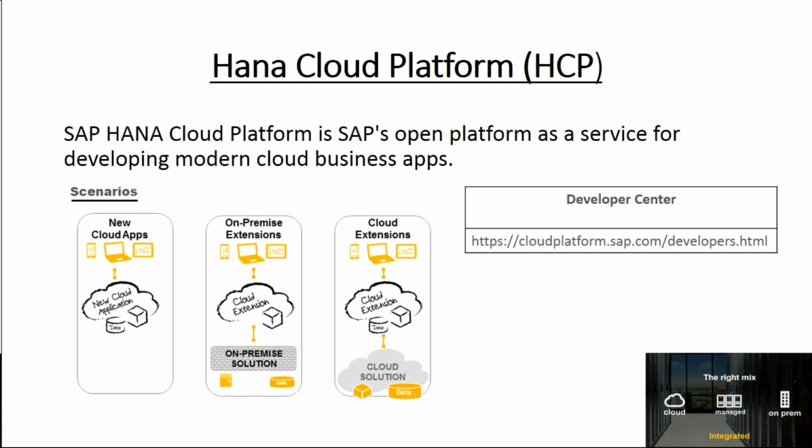There are two types of PaaS. One is general PaaS and one is enterprise PaaS. The one with our HANA Cloud Platform is an enterprise PaaS. Enterprise PaaS can be delivered